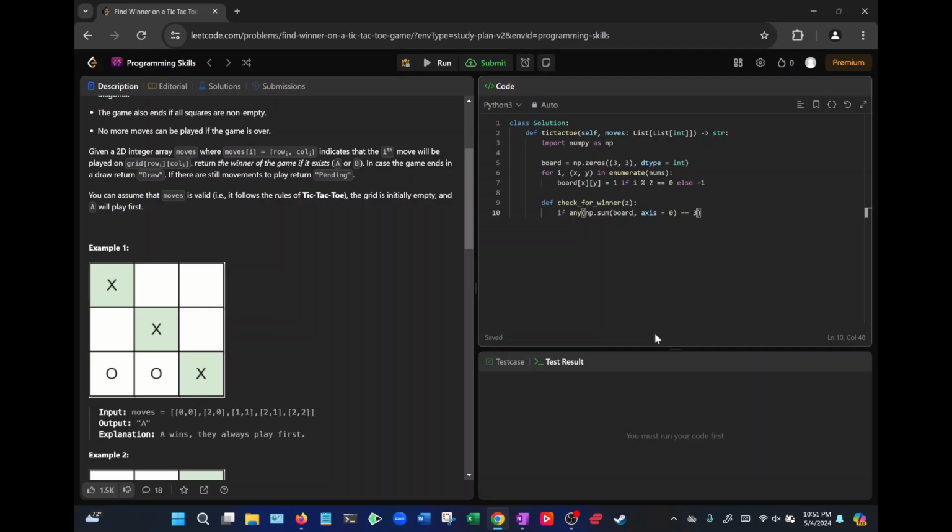Is equal to 3. Okay, so what is this doing? numpy.sum board axis equals 0, so it's going to take this board, which is a matrix. Axis equals 0 means that we're going to sum along the columns. So this numpy.sum,